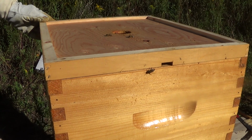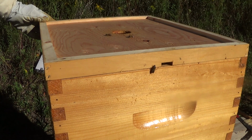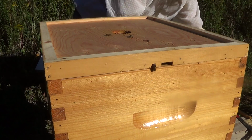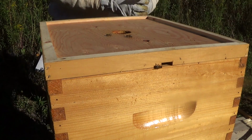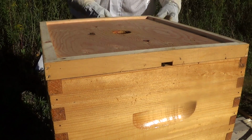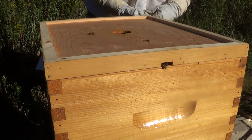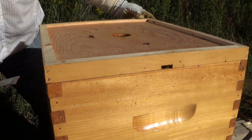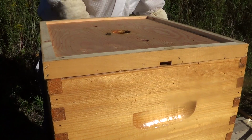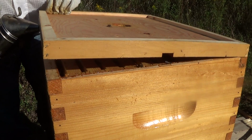And the reason why is because, first of all, I'm very new at it. I'm not that experienced at it. But secondly, I do believe to a degree in trying to let nature work itself out. Now, what we're doing is kind of counter to nature, but that's my belief, to try to intervene as little as possible, right? So I'm just going to try to do a detailed inspection here of every single frame,